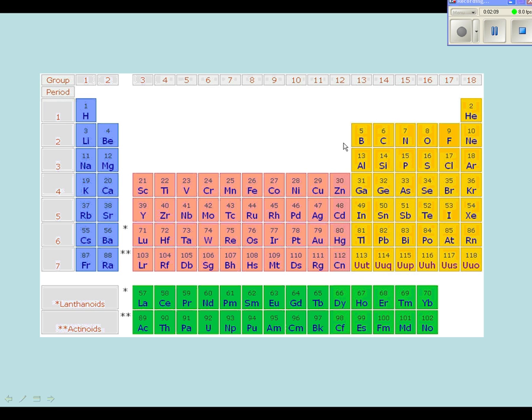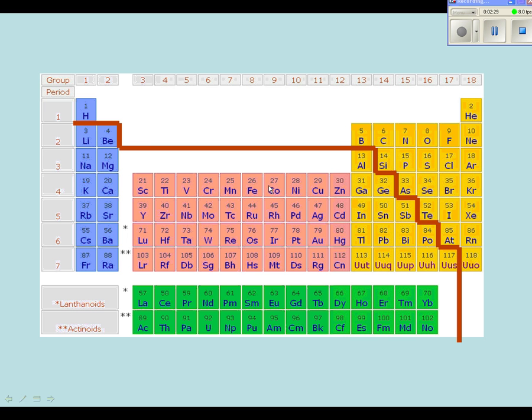Now, to begin the line, we start above aluminium and zigzag our way down the periodic table from aluminium down to unseptium, and extend the line onwards and downwards, and we get something that looks like this. Now, all of the elements enclosed here on the left of this red line are metals, and you can see that there is by far a greater number of metallic elements than those outside the red line, which are the